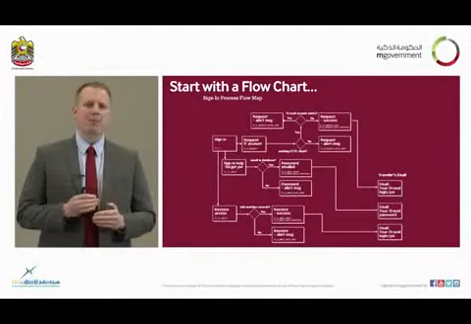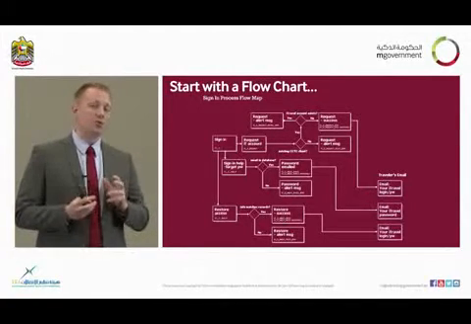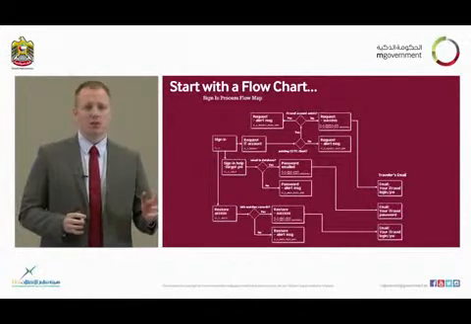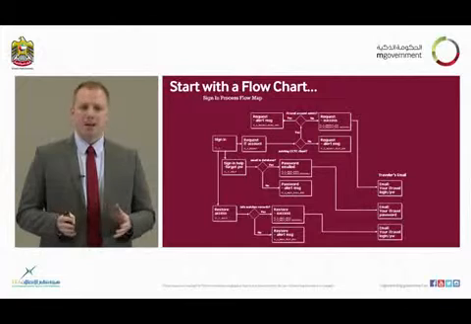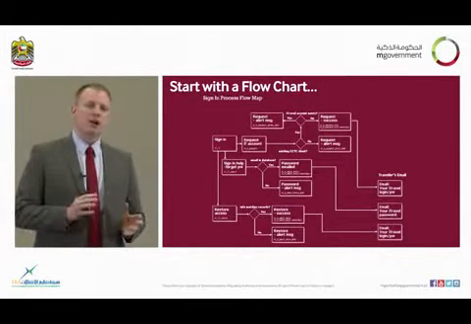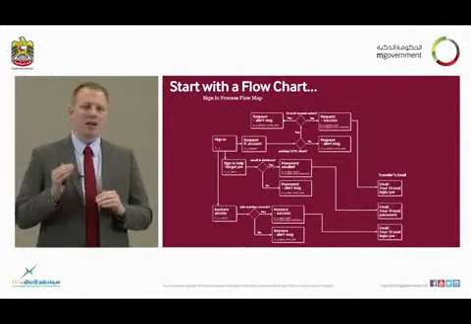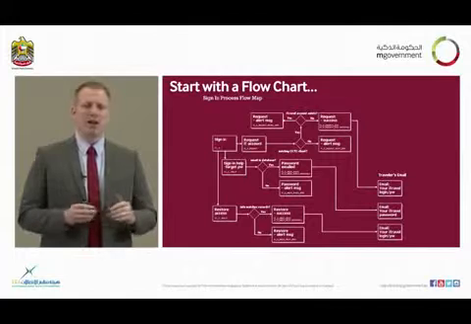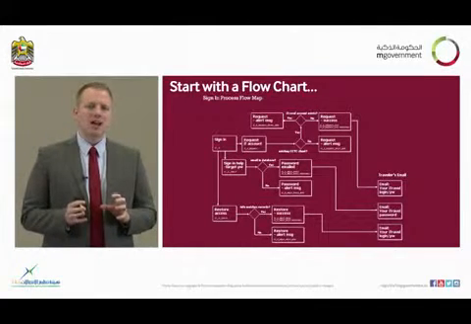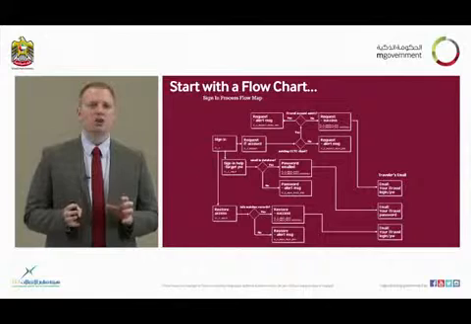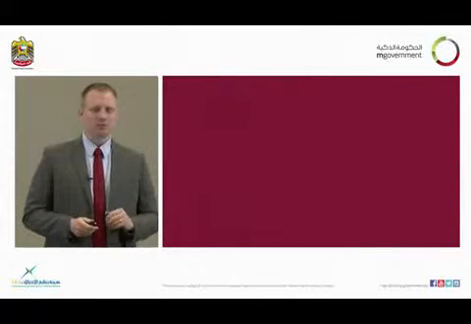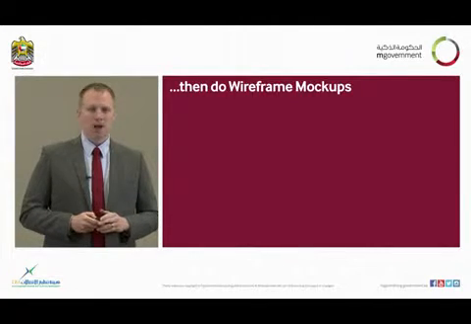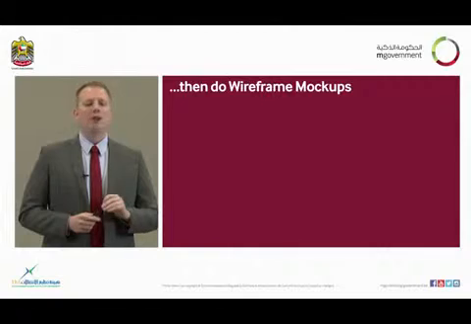There is so much that happens behind the scenes that we as developers must be aware of that should be transparent and invisible to the users. Once again, this is that gap that we must bridge. So starting with this flow chart of understanding how each different step in your process will be executed and where to go depending on the outcome is going to help you understand how you are going to start structuring your actual application. Once you have the structure and the flow of your process defined, move on to something called wireframe